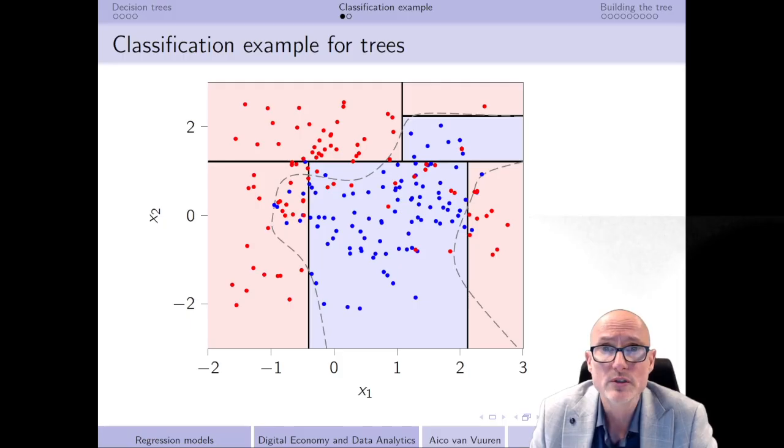That means that if I would like to make a further split, I could do a split over here horizontally, or I could make a split over here vertically, but still I am going to make only predictions with respect to red. It doesn't make any sense in this area to make predictions that are going to be blue. So if I'm not going to make a difference with respect to my predictions, why would I make a further split with respect to this subspace? So this subspace will generally never be split anymore.